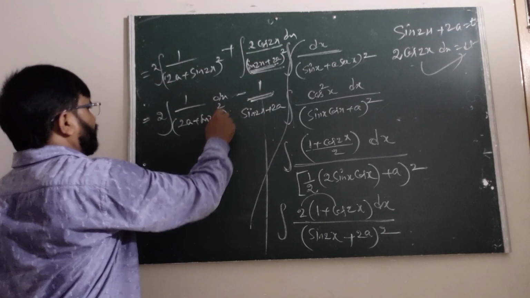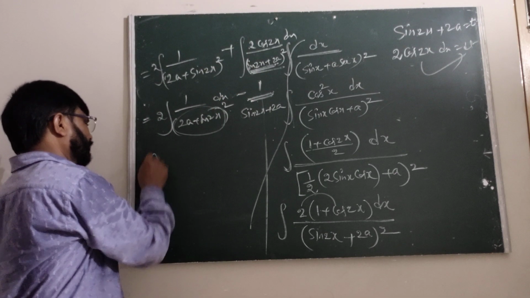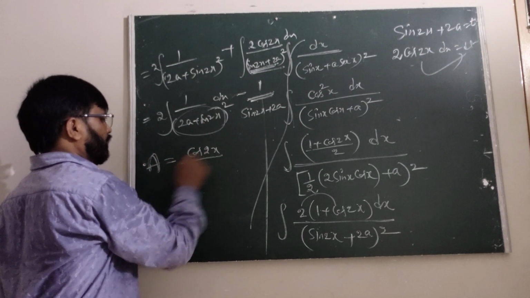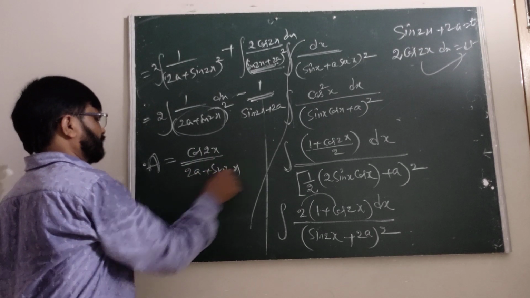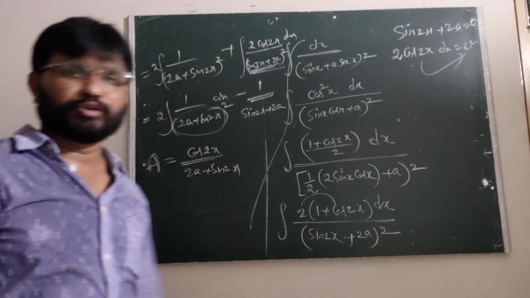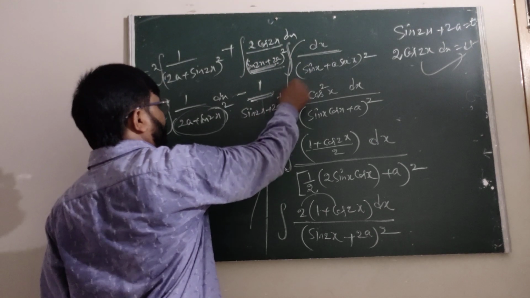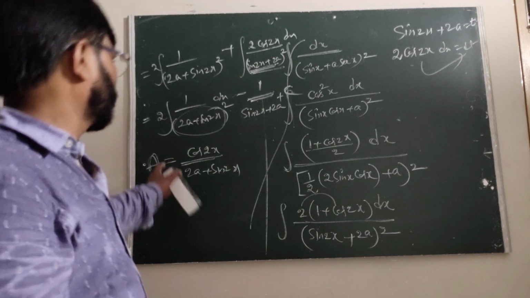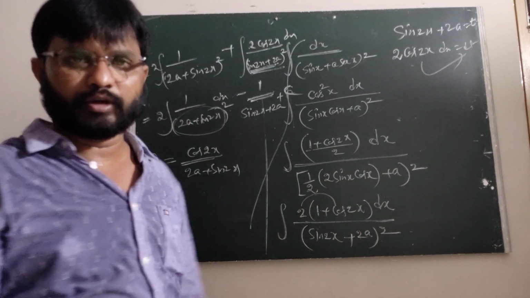Now, how to write this one? First of all, we are taking A equals cos 2x upon 2a plus sin 2x. After differentiation, we get this solution like the above question. Therefore we already know that the integral of 1 by t square is minus 1 by t, plus the integral constant c. This is another model. Complete this part. Already we have to complete this type of sum in the very beginning.